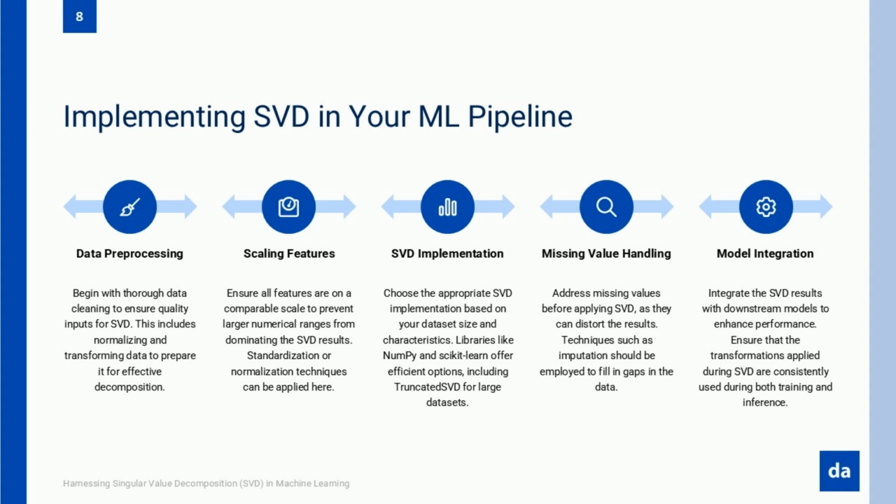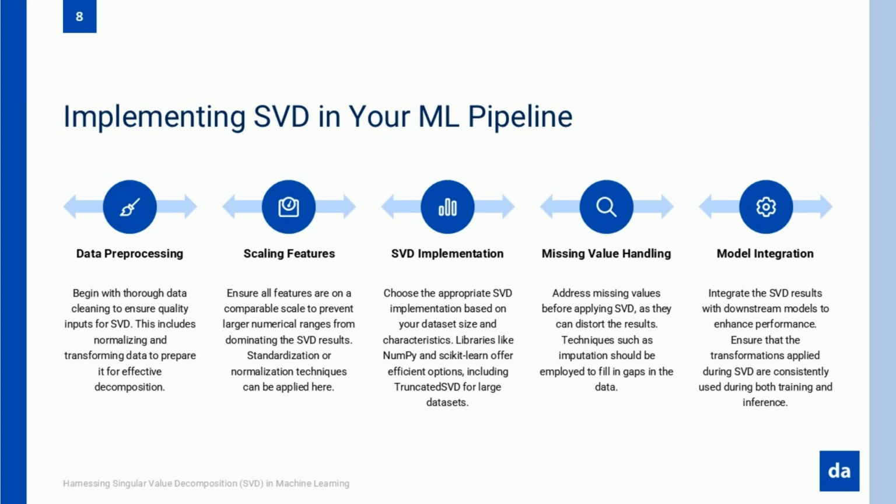In most workflows, after initial data collection and cleaning, you'll encounter a pre-processing stage where dimensionality reduction becomes critical. This is precisely where SVD enters the picture, bridging raw data and model training. When implementing SVD in Python, you have several options at your disposal. Using NumPy, the implementation is straightforward with just a single line of code: